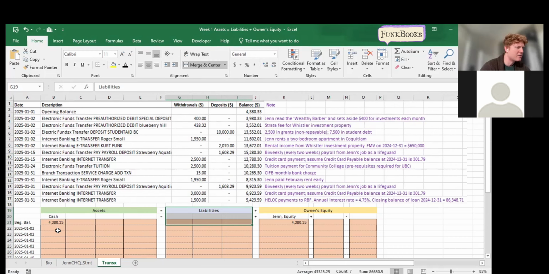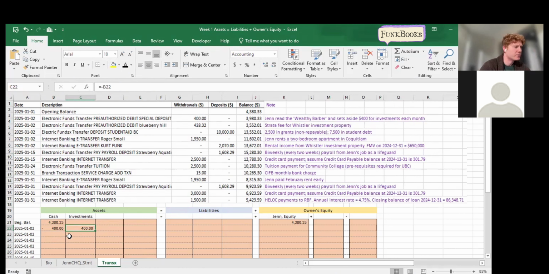And the easiest way to think about this is, okay, well, obviously cash is being affected at the beginning. So we would very clearly see that minus $400 is coming out of our bank account. And where is it going, right? So this $400 is actually going to another asset, right? This transaction doesn't change any liability or owner's equity, but in fact, it increases our investment